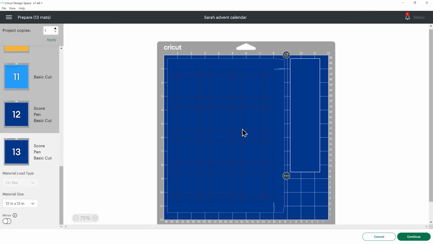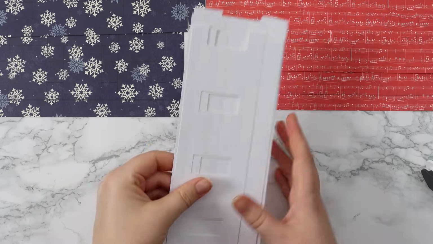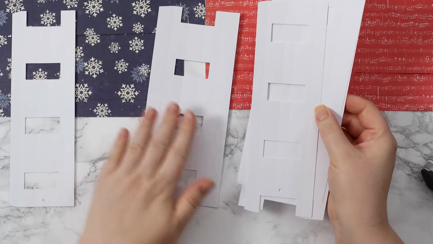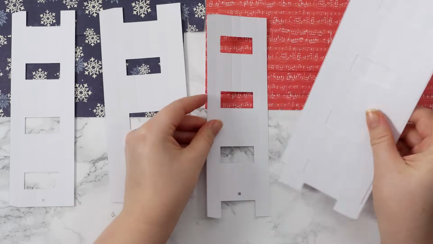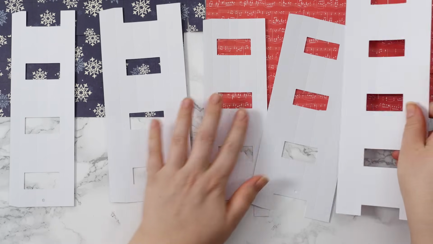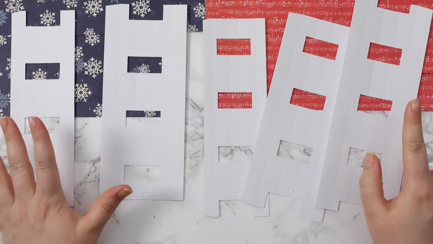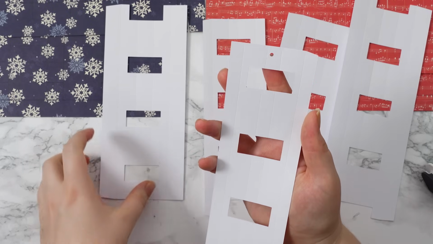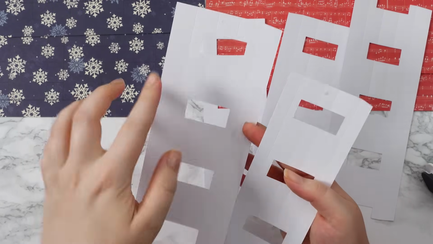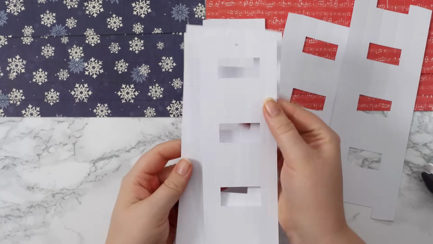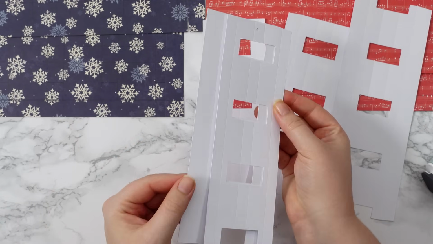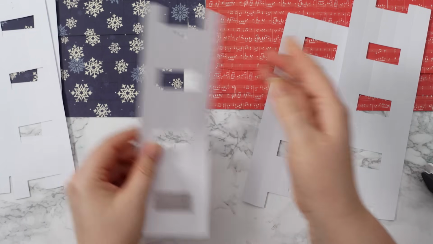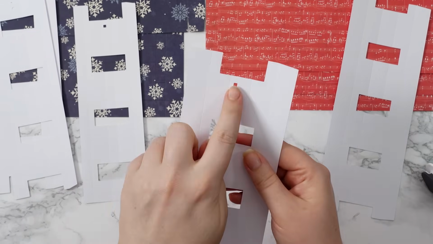After you've cut everything out, you'll end up with lots and lots of these white bits of card. And there are actually 5 different types, but they all go together in exactly the same way. So some of these will have more than others, but your basic 5 types are, you've got thin ones with a little circle cut out at the top. You've got wider ones, also with a circle cut out at the top. So you can see if I put one of them on top of the other, one's bigger than the other. You've got a thin one with a square, and then a thicker one with a square.